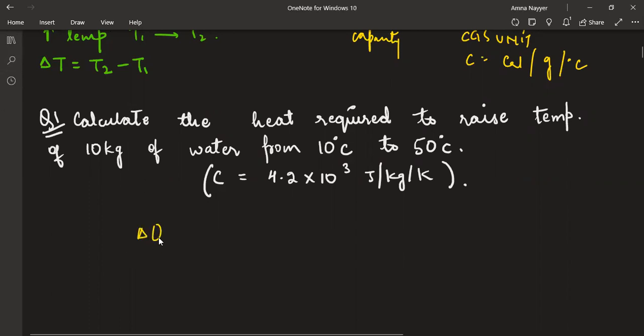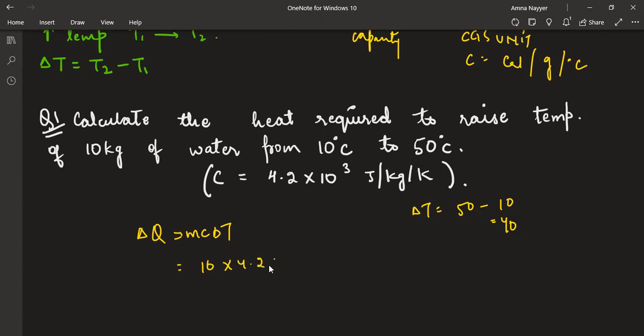Now when you put in the formula, change in heat is equal to what? MC delta T. What's the change in temperature? Final temperature minus initial temperature. You get 40 degrees Celsius. Now mass is 10 kg, specific heat is 4.2 into 10 to the power 3, change in temperature is 40. So final answer